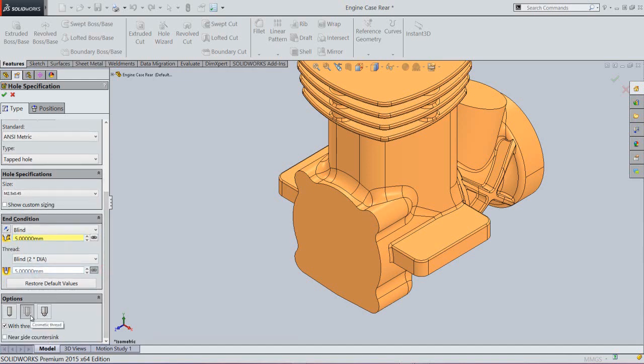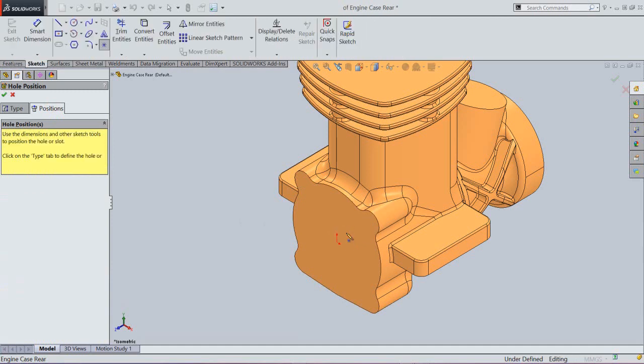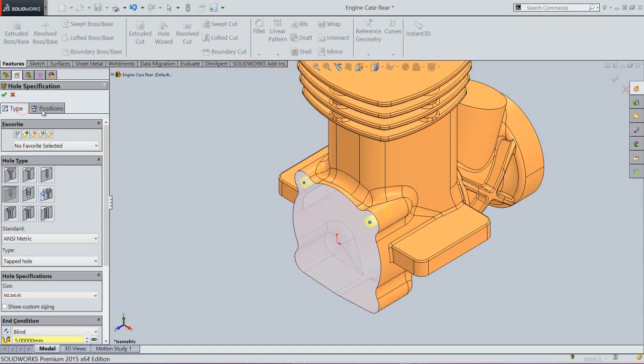Choose cosmetic thread option. Go to the positions tab and select this face. OK. Select this edge and this center point of the arc. Next, select this center point of the arc. OK.